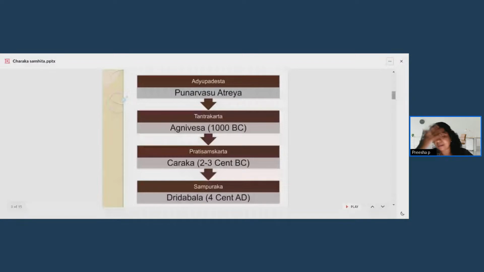Then the Raktaja Krimi, it is like Kushte Samana. Raktaja Krimi is dash Samana. Like that the question can be asked. Raktaja Krimi is Kushte Samana. Then the Kaphaja Krimi. The Kaphaja Krimi is in Amashaya. Okay, Kaphaja Krimi is present in Amashaya. And what are the names of it?